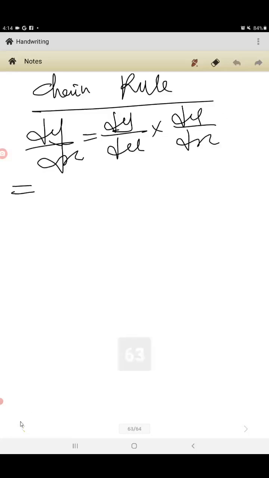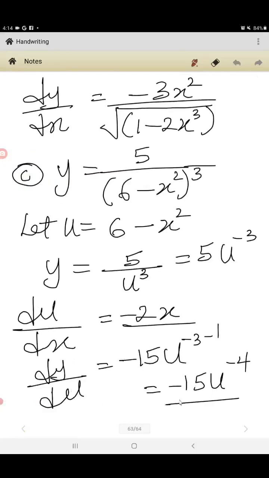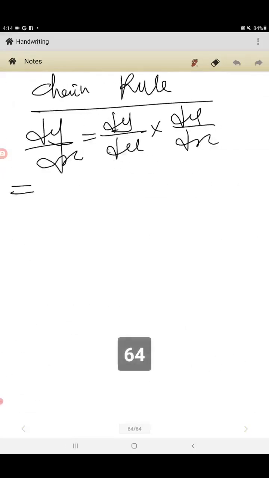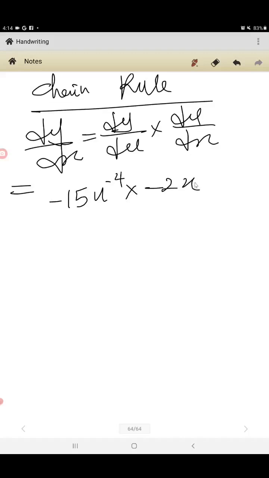Therefore, dy with respect to u gives us minus 15u raised to power minus 4, multiplied by du/dx, which gives us minus 2x. Here, minus multiplied by minus will give us plus. 2 times 15 gives us 30. This will give us 30x u